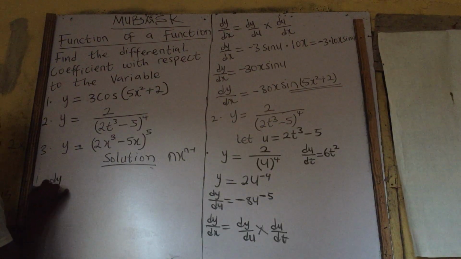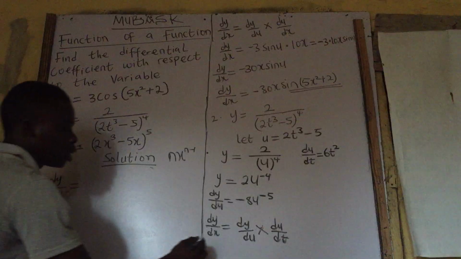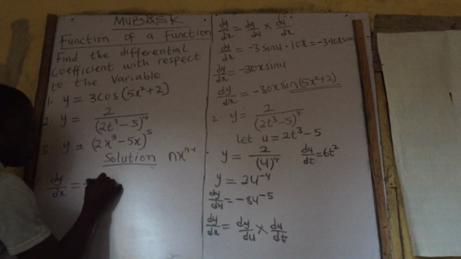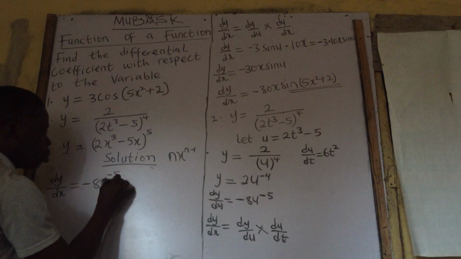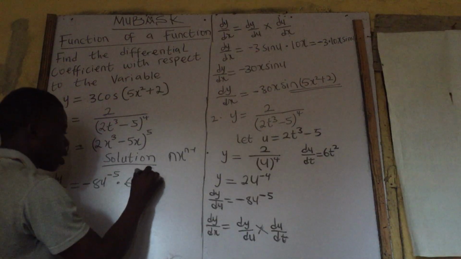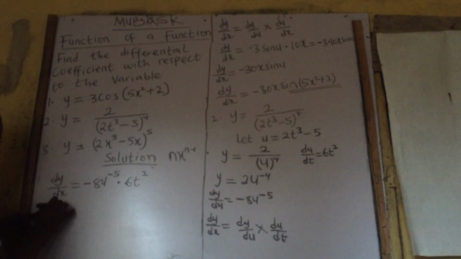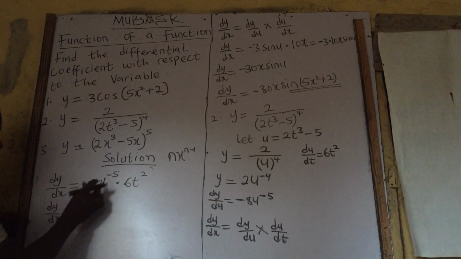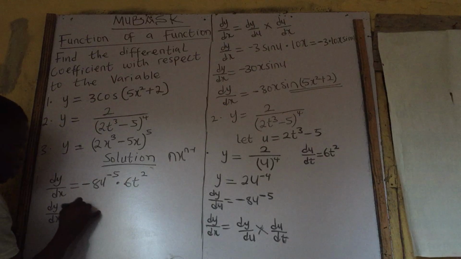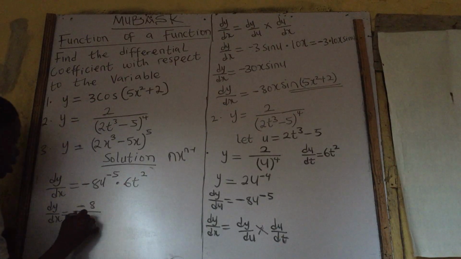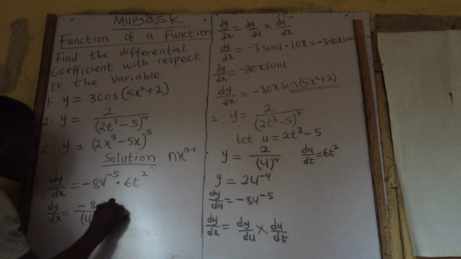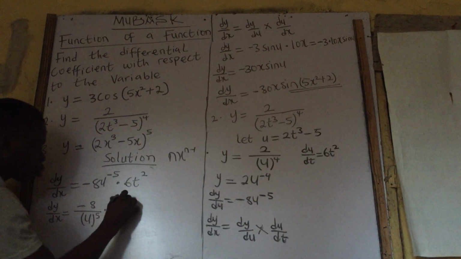Now dy over dx equals what? What is my dy over du? Minus 8u raised to power minus 5 multiplied by what? du over dt, which is 6t squared. Now, since I have differentiated, I can convert it back into a fraction, which is what? Minus 8 divided by u all in bracket raised to power 5, multiplied by 6t squared,